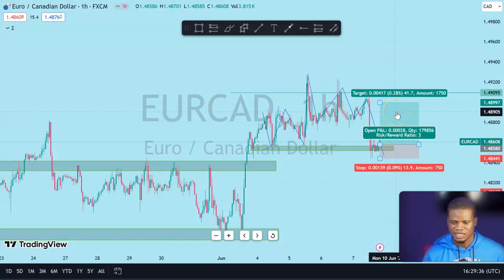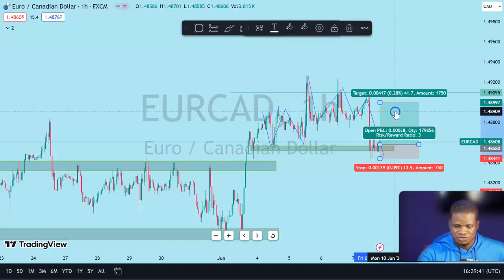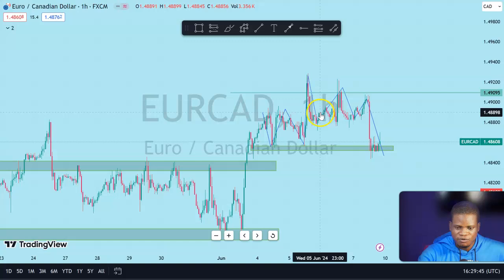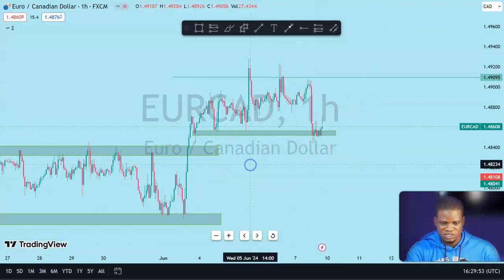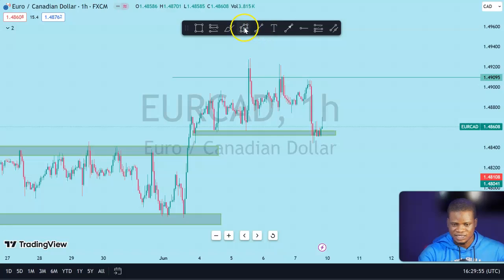So that is how to analyze the forex or the crypto market, trading the bounce of a support level. If you want to trade the break of support or resistance, it's pretty simple and straightforward. Let's say I want to trade the break of this support. One of the things I do is look for a break and retest. For example, if the market breaks below this area, then retests it